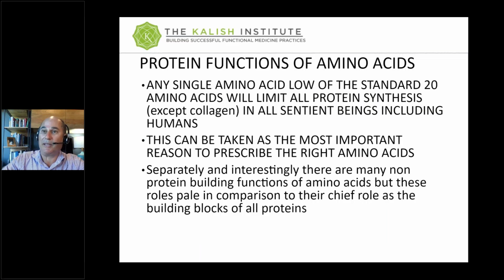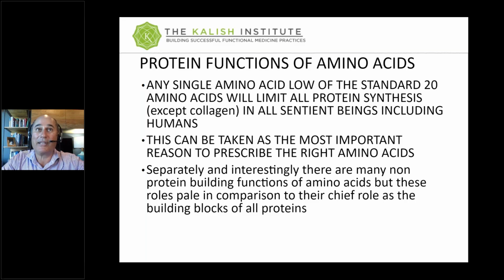When Richard explained this to me, maybe this was 12 or 14 years ago, I didn't believe him at first. Then I didn't understand him. And then I started to treat patients as he was indicating I should. And then I couldn't believe the results that I was getting from that. So this is not like a little clinical trick like, oh, I learned a new tool today, this is kind of cool, I'm going to do this once in a while. Every single human being has to have all these amino acids present or they can't do any kind of healing or repair. It's just not possible. This is a fundamental aspect of cellular repair and healing: being able to synthesize proteins.